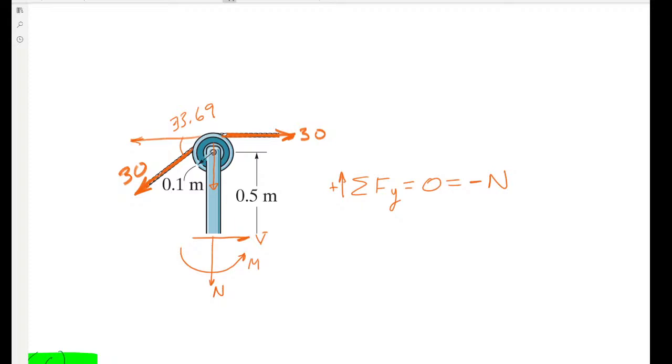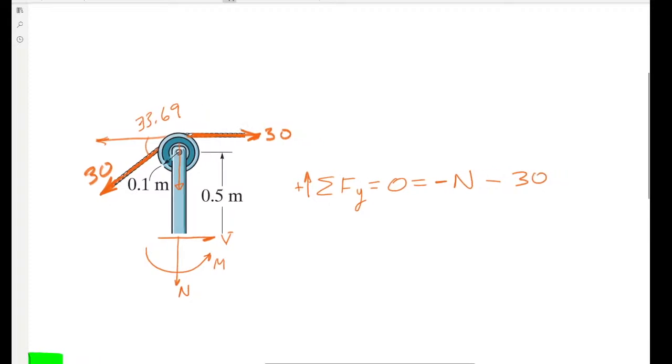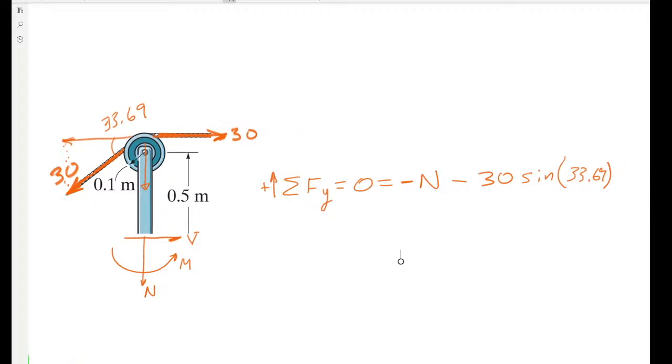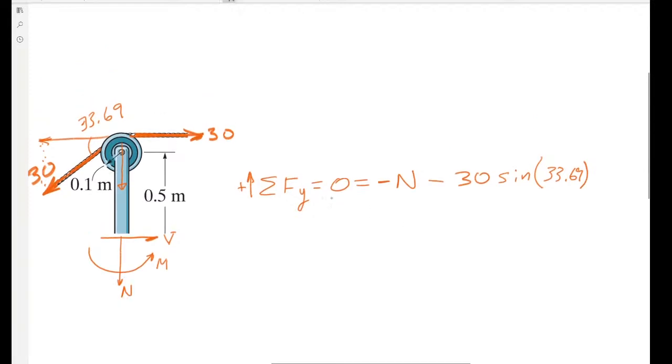Now, I actually have a minus 30, just the tension of this rope, times, I'm looking at the other side of it, so I'm looking at the sine of 33.69. So I get the normal equaling